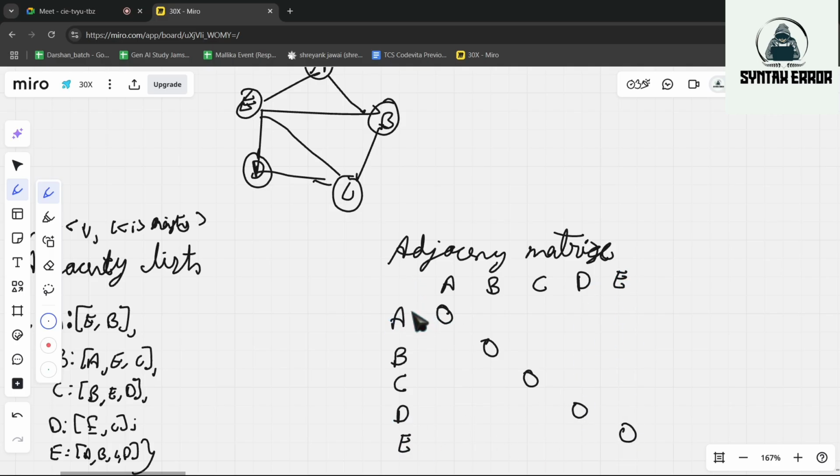Now, A is connected to E and B, right? So we will set E and B as 1, remaining 0.